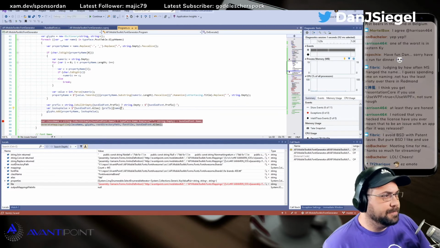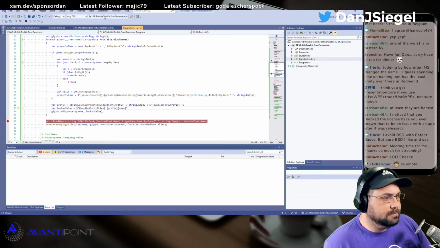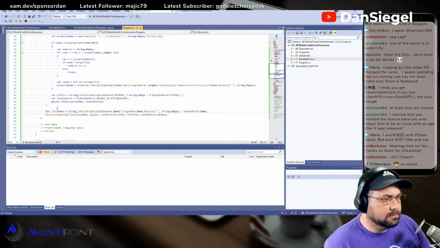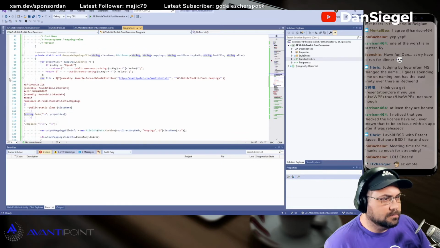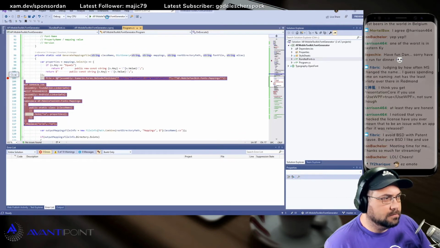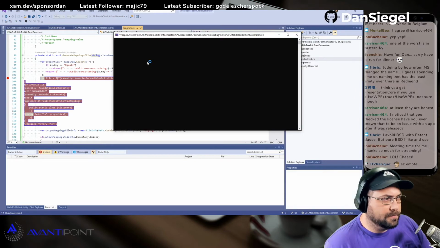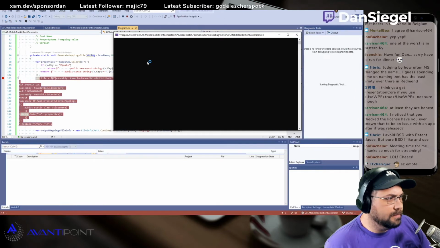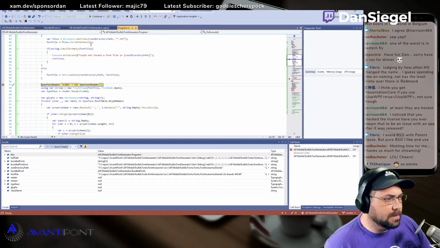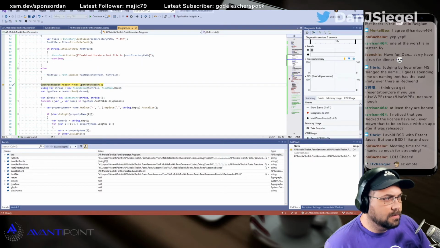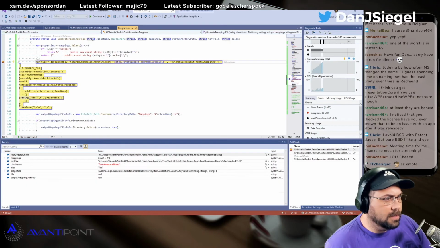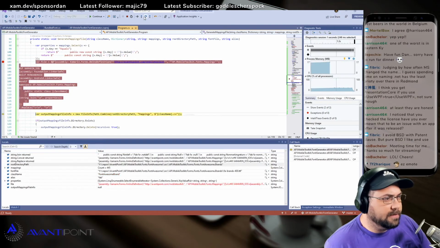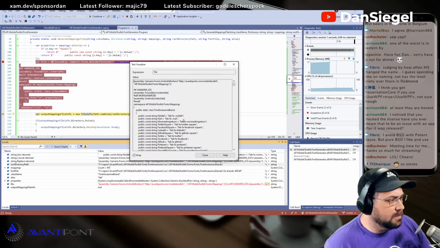Okay, let's try this again. All right, so now we're going to generate the file, and what do we have? That looks technically better,